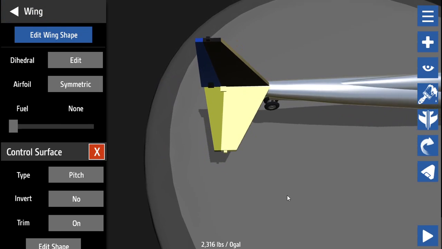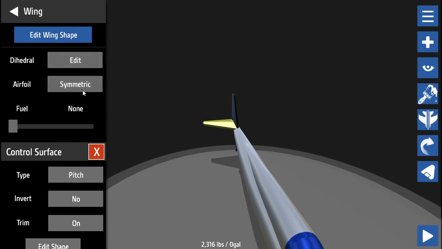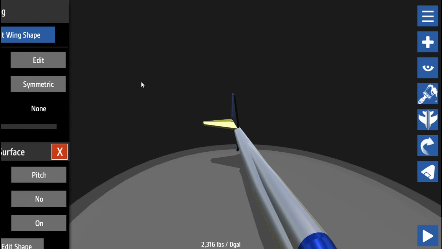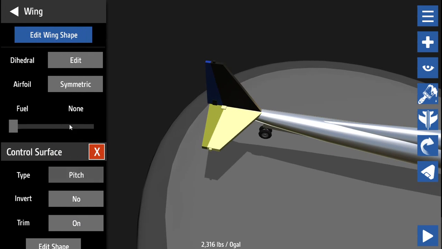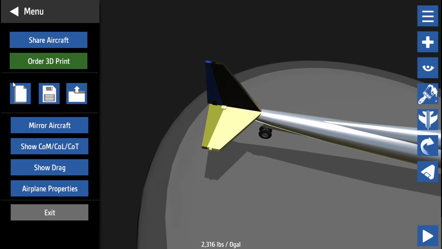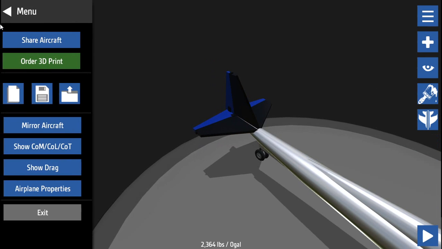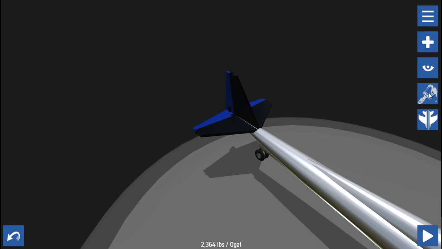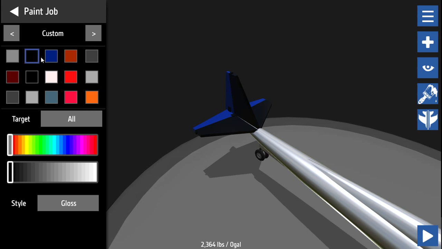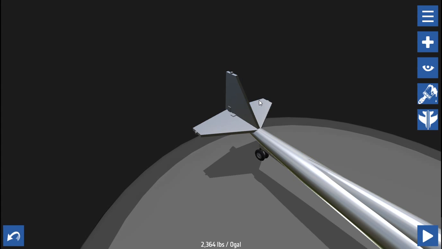So we're gonna make them like this, and you're gonna change the airfoil to be symmetric for now. Sometimes I make them semi-symmetric, but since this is for more beginners, I'm gonna keep it symmetric. So then we're gonna mirror the plane and save, and then we're gonna change control surfaces to be the same color,